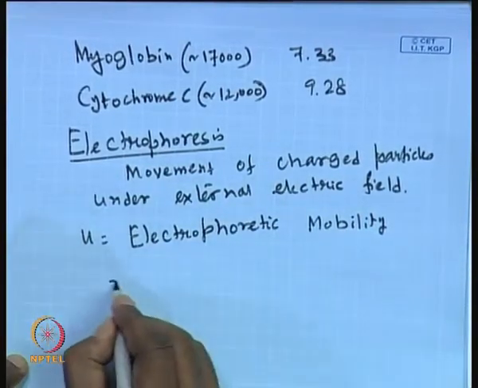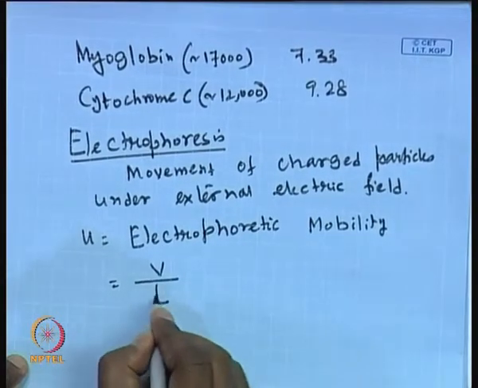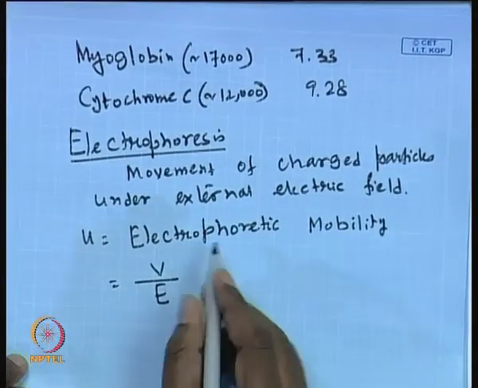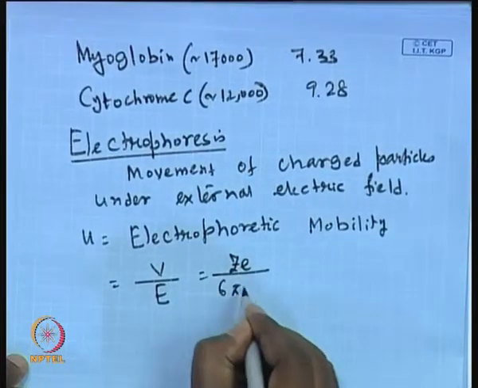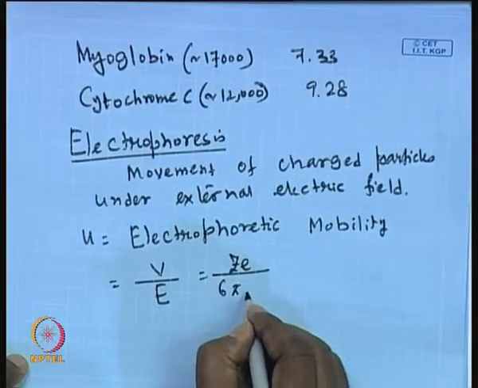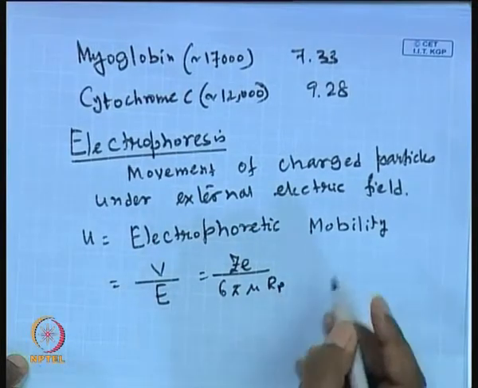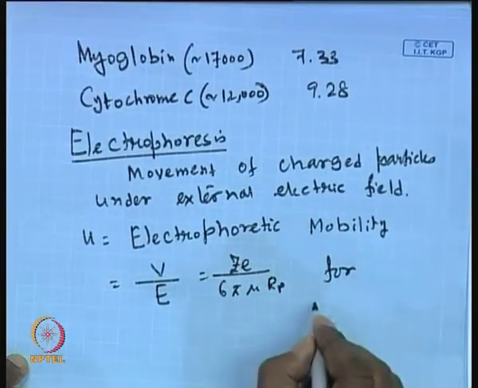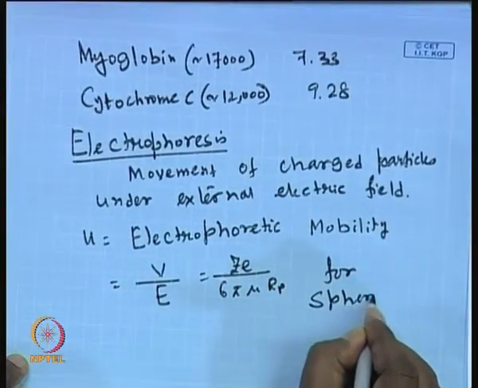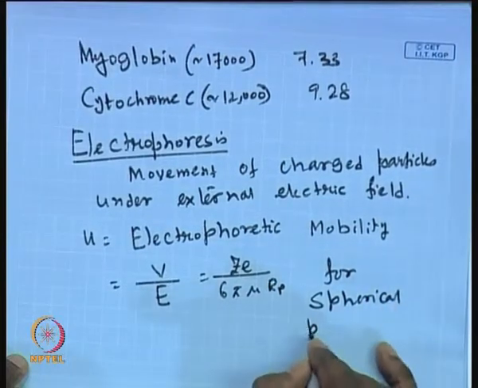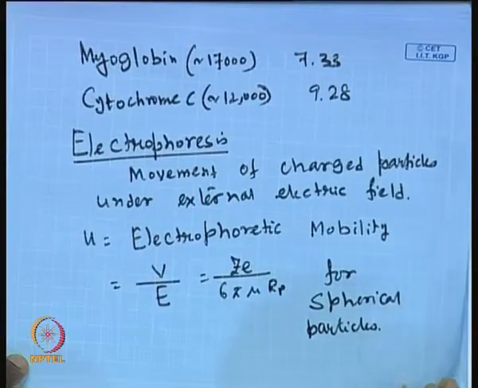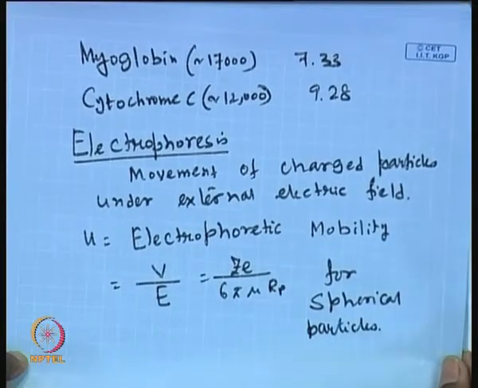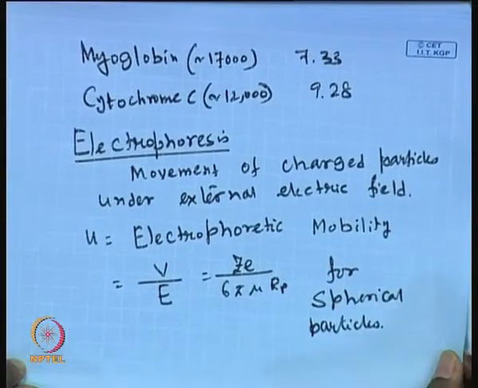And this electrophoretic mobility will be the electrophoretic velocity per unit field strength. And if you remember, it is Z e divided by 6 pi mu r p for spherical particles. Okay. And in case of charged colloids,